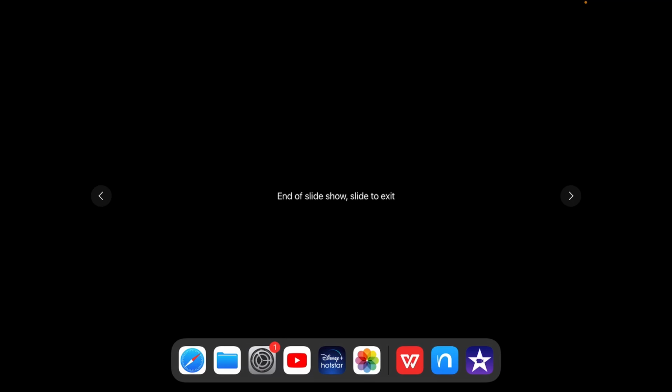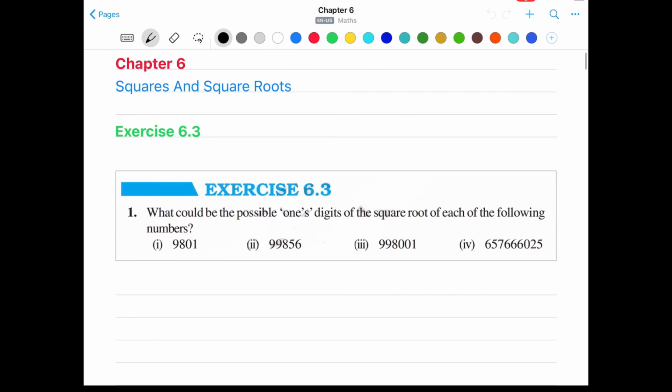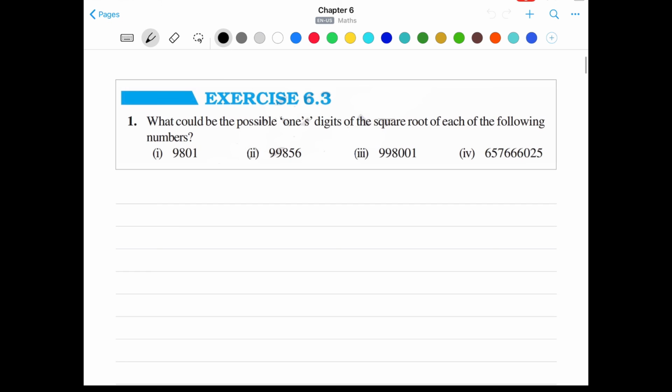Now let's come to exercise 6.3. We will understand here better with the help of a few questions. The first question is, what could be the possible ones digit of the square root of each of the following? We are given certain numbers, and we are asked to write what will be the possible ones digit in the square root of this number. So the first number that we have here, part 1, is